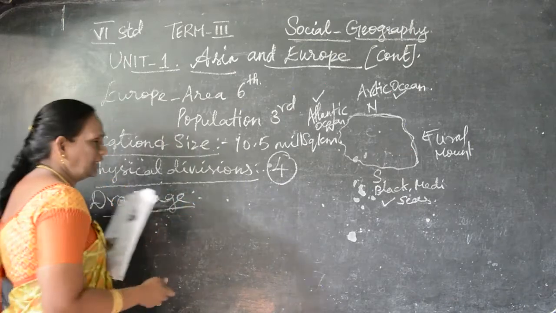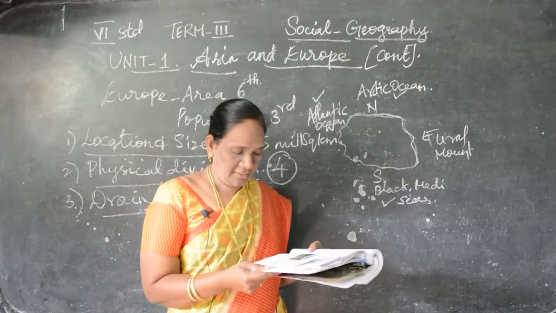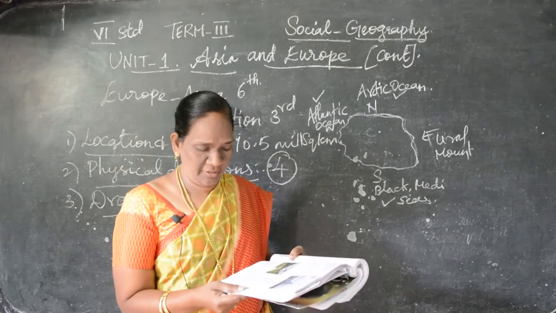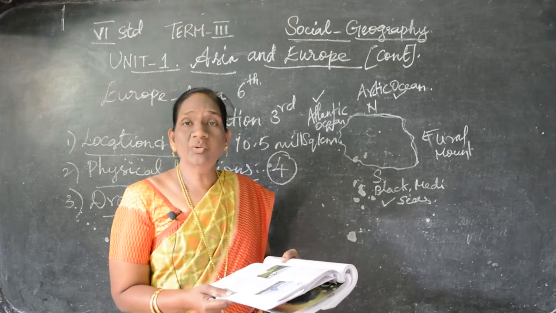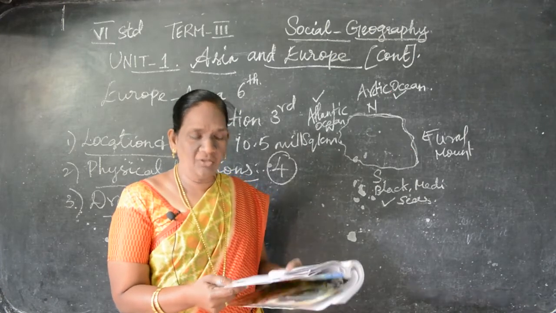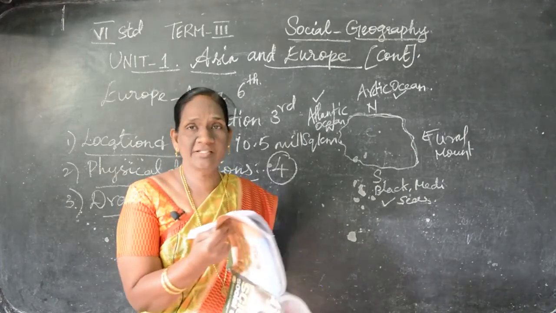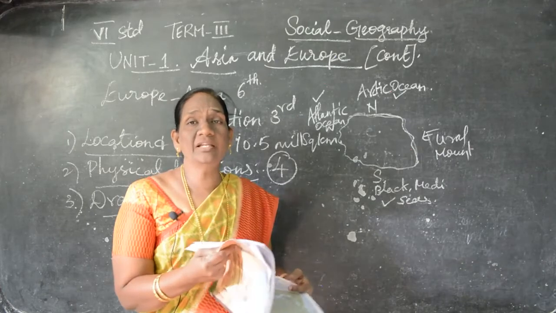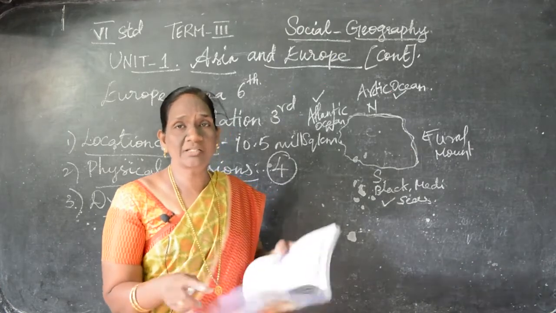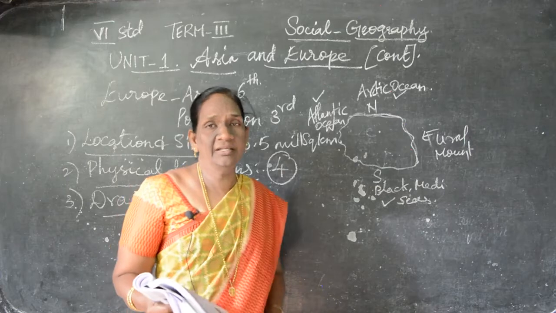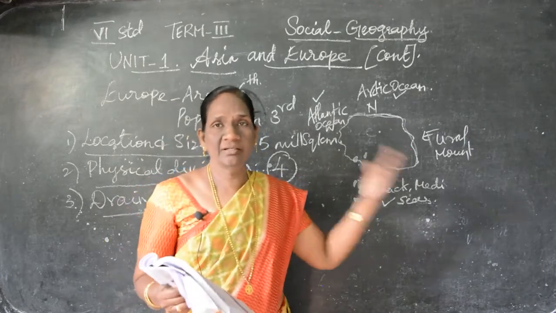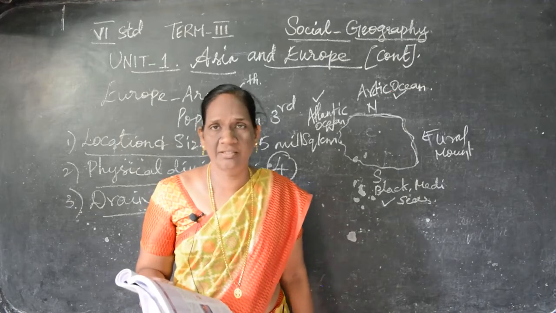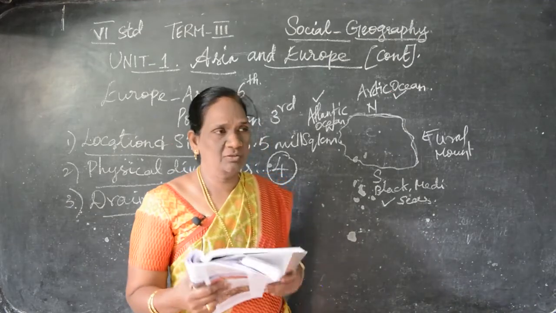Drainage of Europe. The river system, drainage means, okay. The rivers play an important role in the development of Europe. Here, these rivers are used to irrigate farmland and also to produce electricity. They are useful for irrigation, artificial water supply to the field, that is irrigation. And another important thing is to take electricity, current edukradhukku in the rivers alla useful ah irukku.